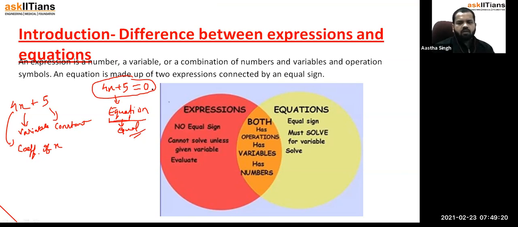So now try to understand this diagram, the Venn diagram, basically the difference between your expression and equation, and what is common in this equation and expression, right? I'm just giving two examples here to better understand the diagram. First, we'll write expression. Expression will write 3x plus 7. Right? Equation